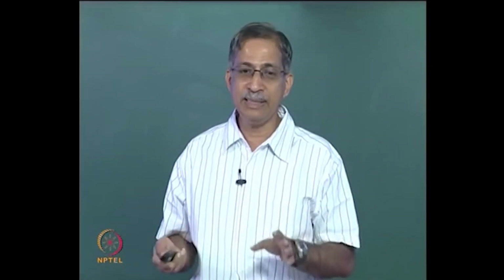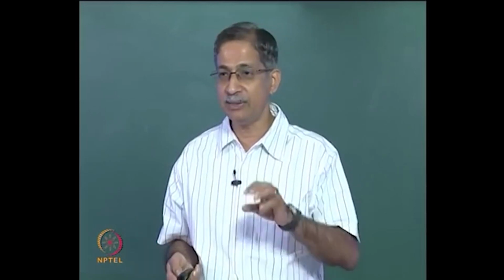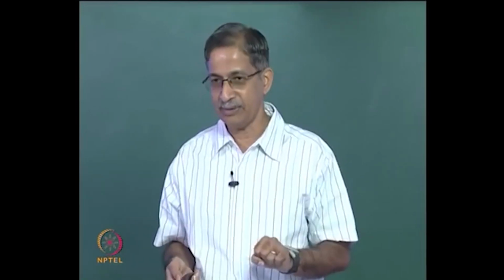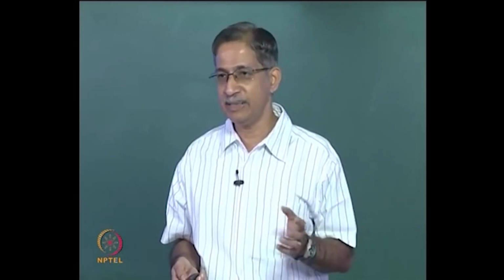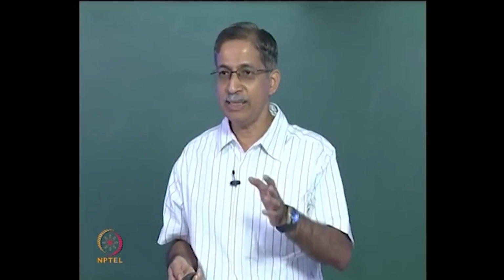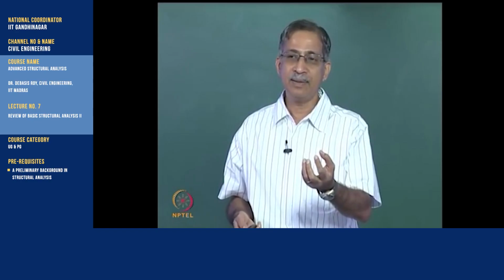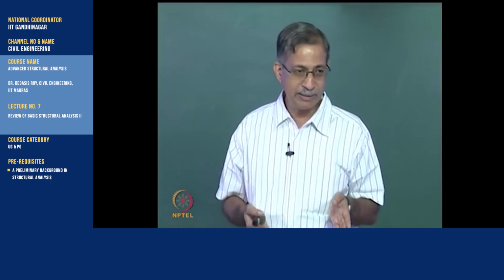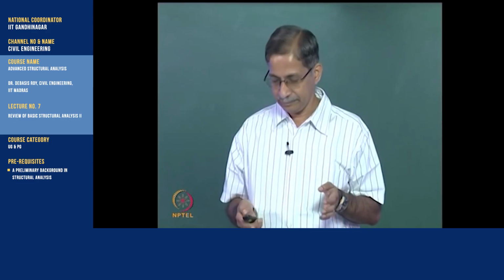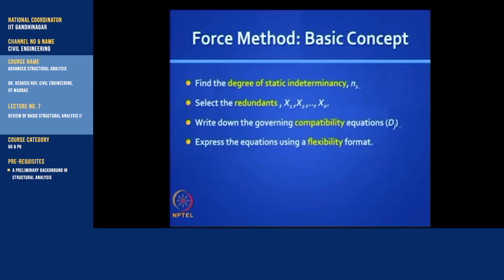Usually D1, D2, D3, D4 at those redundant locations will be 0, but there are some exceptions. Okay. Where they are 0, you have a choice of invoking the theorem of least work, but otherwise you have to actually calculate the, let us say the support settles or moves horizontally, then dj is equal to that movement. Is it clear? Okay. Express the equations using a flexibility format. Which equations? The compatibility equations, and you have choice here, and then you solve these simultaneous equations and find x1